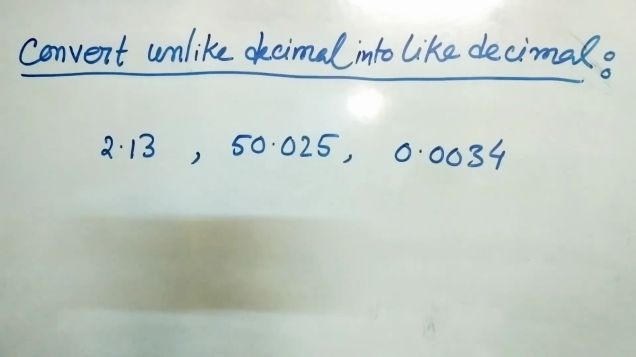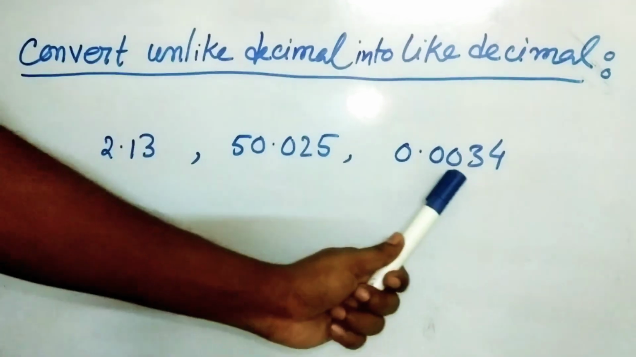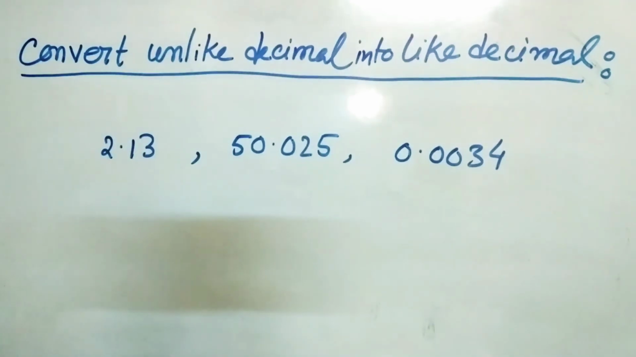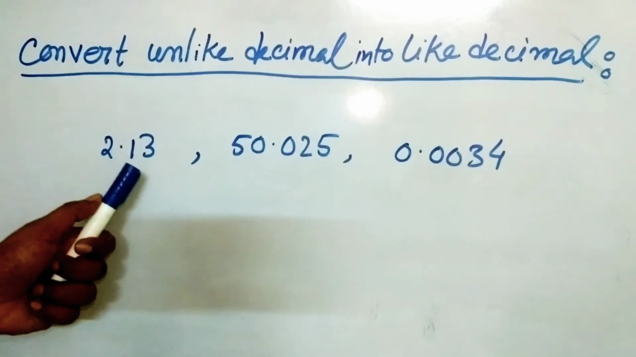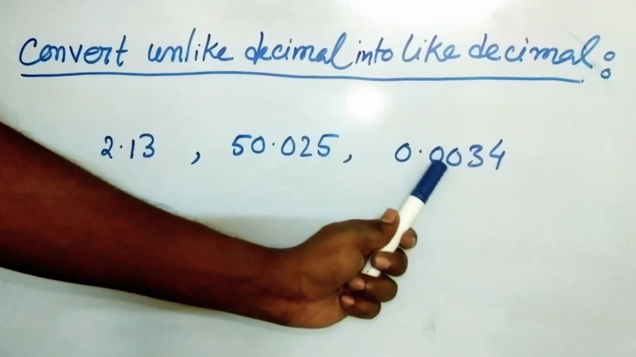Here 3 numbers are given, all are decimal numbers. Now we have to see the decimal places. So here it is 2 decimal places, it is 3 decimal places, it is 4 decimal places. Now notice one thing, that you cannot reduce the decimal places but you can increase the decimal places. So you have to notice what is the highest decimal place over here, that is this one, 1, 2, 3,